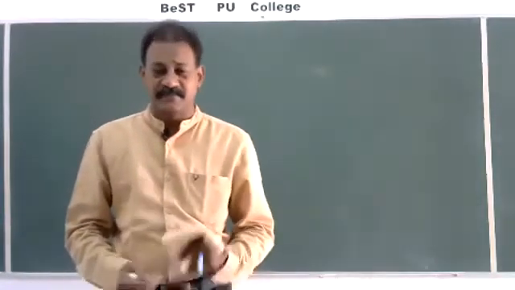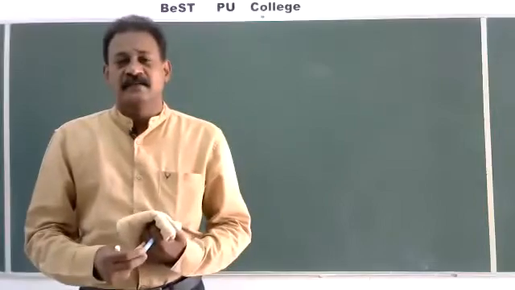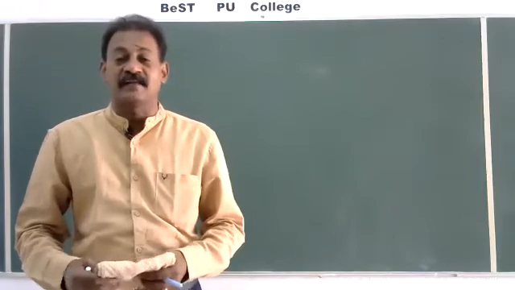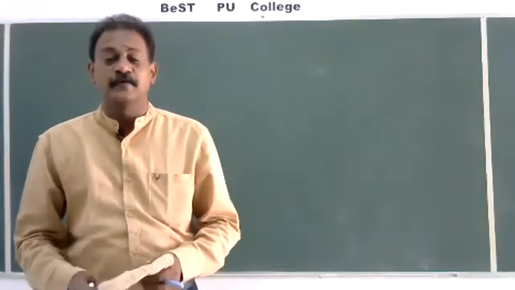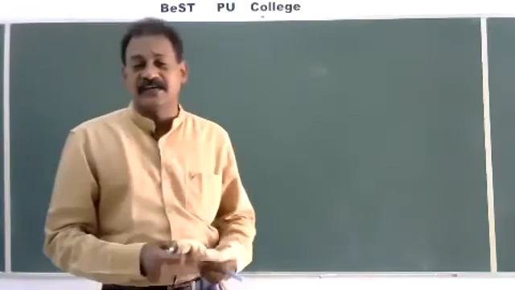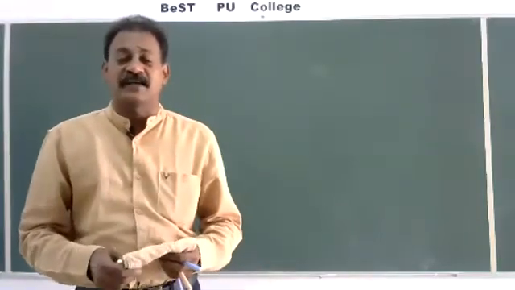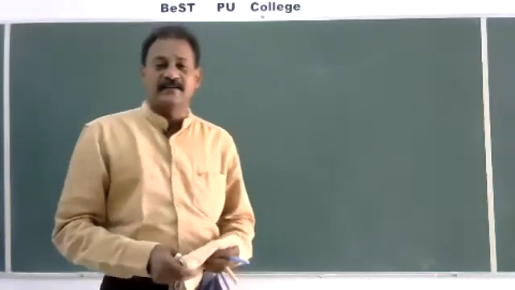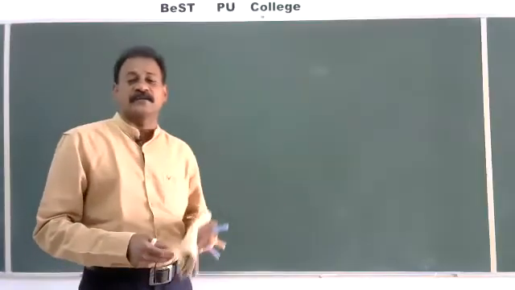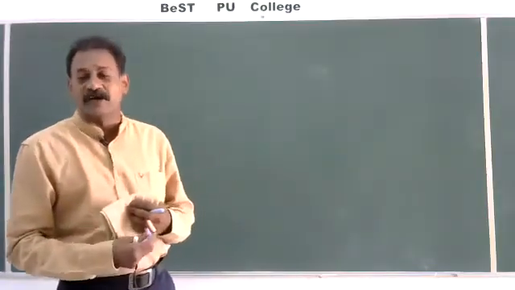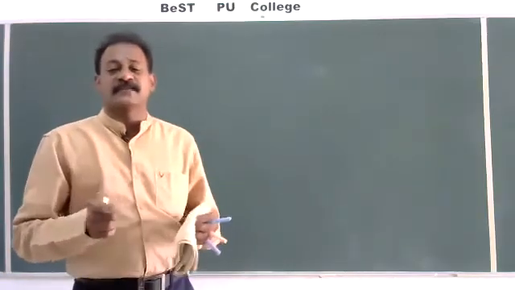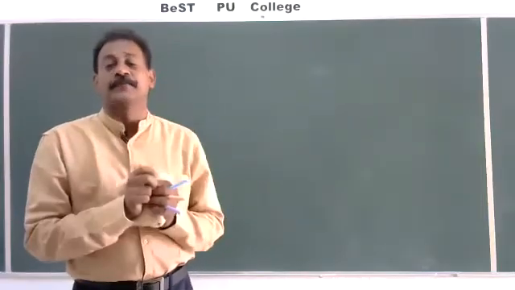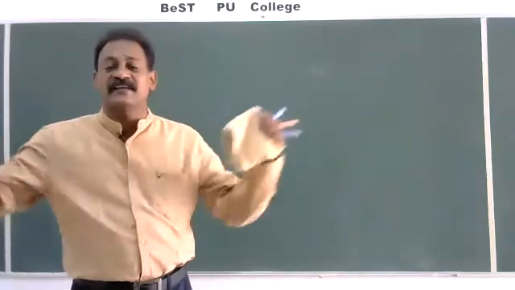Good morning, students. In the previous class, we have seen various steps in recombinant DNA technology as a method of genetic engineering. Later, we studied the tools of recombinant DNA technology or genetic engineering, and we identified the various tools. We started with the first tool, restriction endonuclease. Restriction endonucleases come under a group of nucleases which are used to cut the DNA. Some nucleases will cut the DNA from their ends.